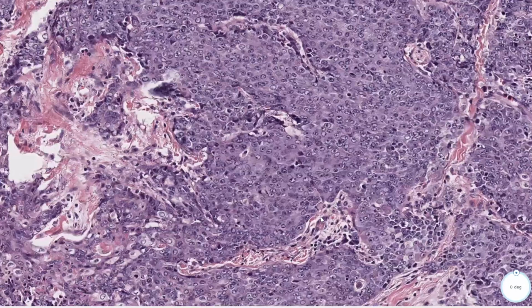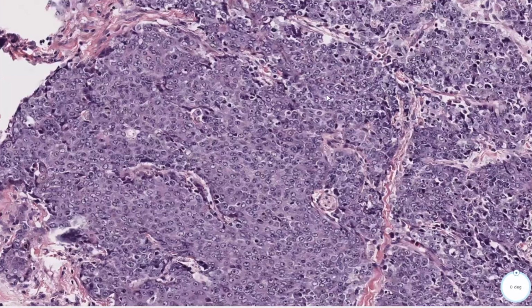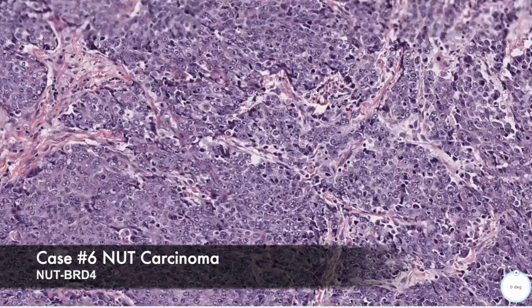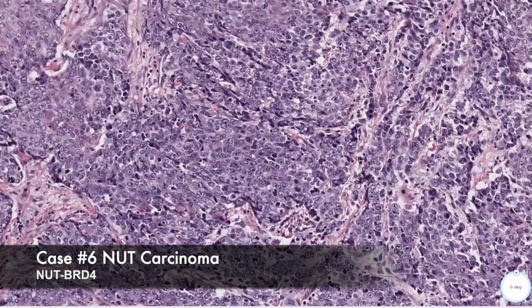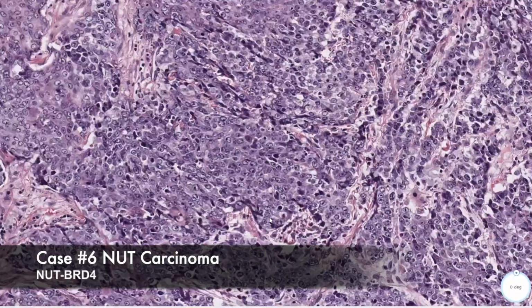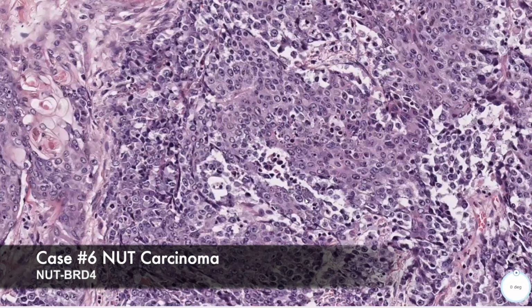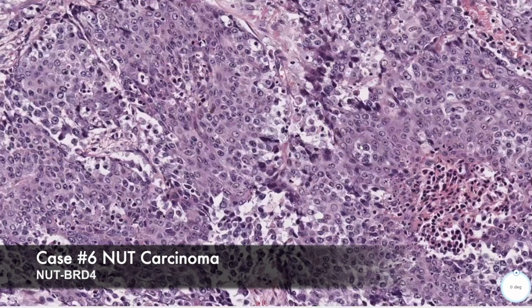This is actually a translocation-driven tumor that often occurs in the midline, but not always. Classically it occurs in younger males. You can see it within the lung, mediastinum, as well as head and neck. These are typically quite aggressive tumors, and they're characterized by a translocation between NUT and BRD4, which causes an interesting mechanism of tumorigenesis, where this complex between NUT and BRD4 will bind to acetylated histones on the DNA and then